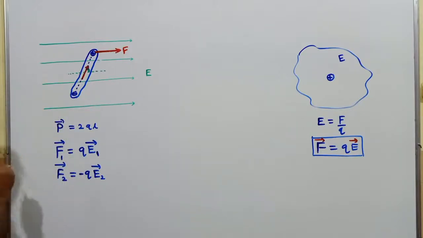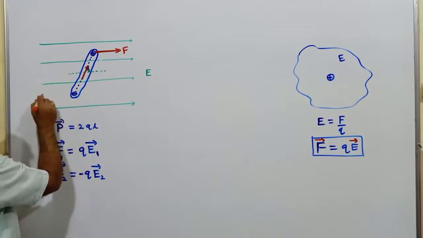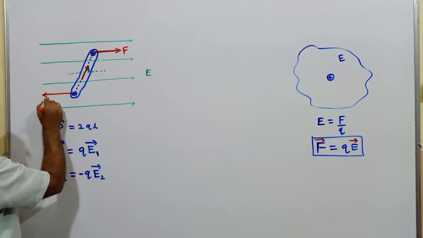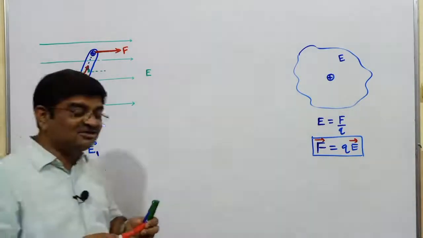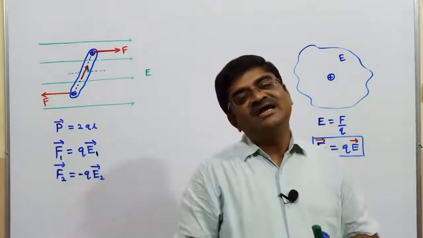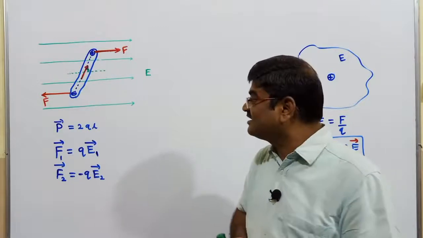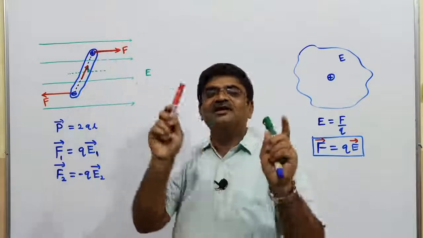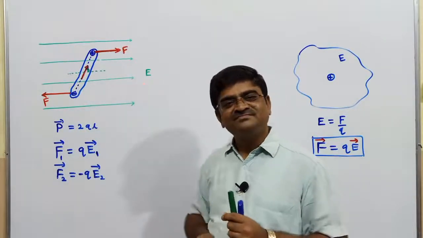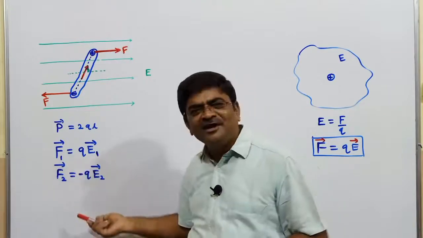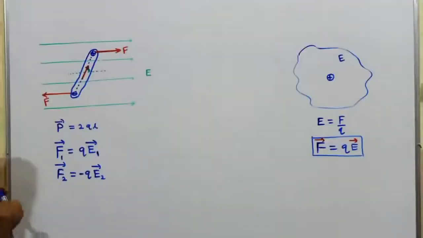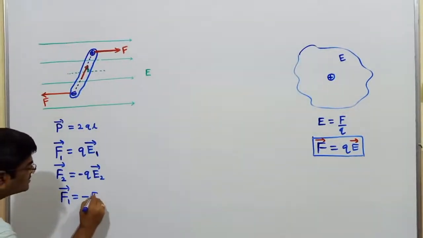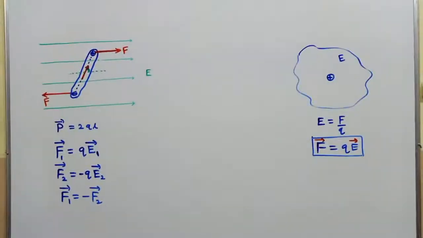Let me show that direction then. This being a negative charge, it experiences force in the direction opposite to the intensity. And here I show that. And remember, I have mentioned already that the field that I have is uniform. So everywhere the intensity is equal: E1 equals E2 equals E3 equals so many, equal to E. Then I need not write F1 and F2 separately. Rather I can say F1 and F2 are of the same magnitude but opposite direction.